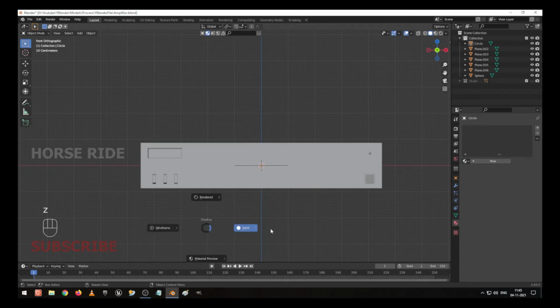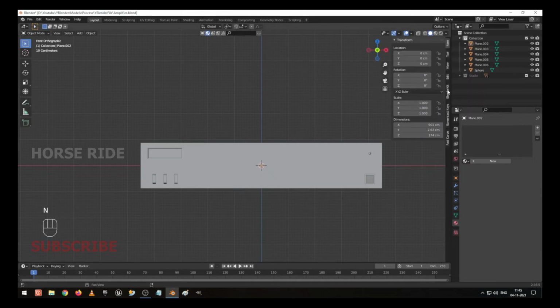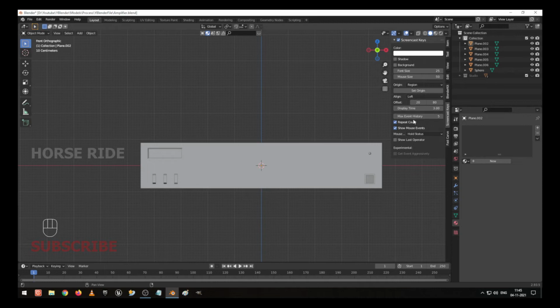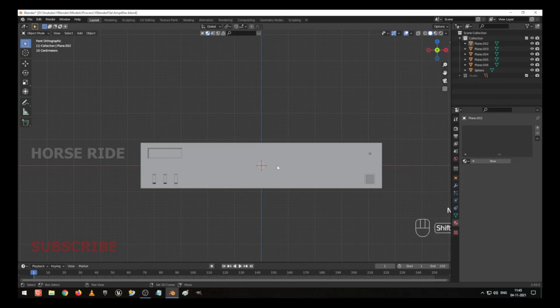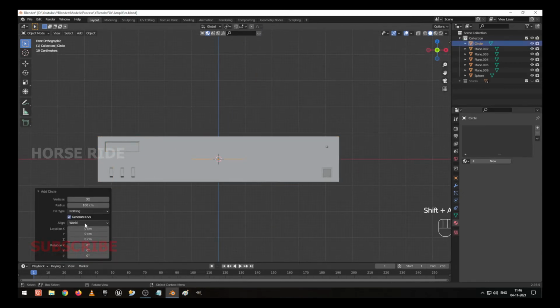I press Ctrl Z. I do one thing, I move the screencast to somewhere else because it's not clear in editing. Now I press Shift A and create a circle.